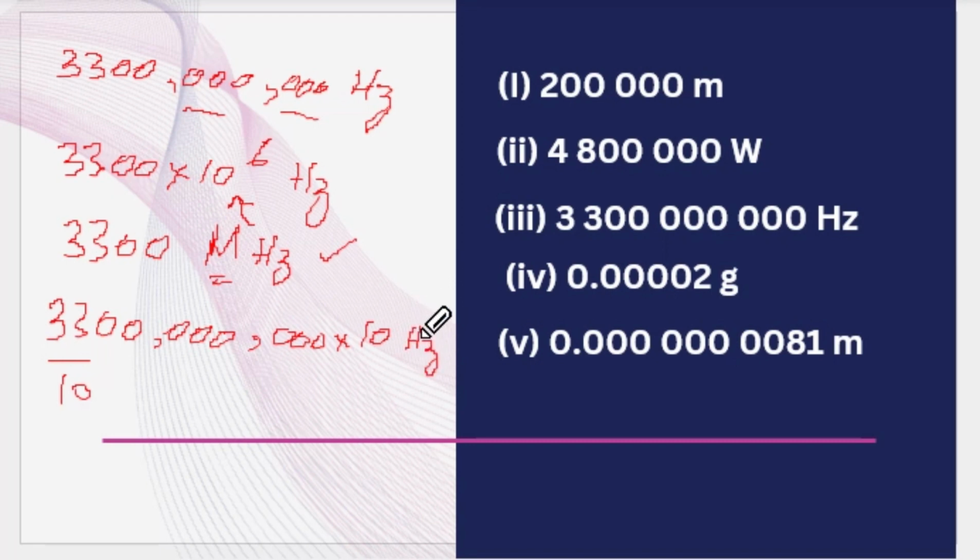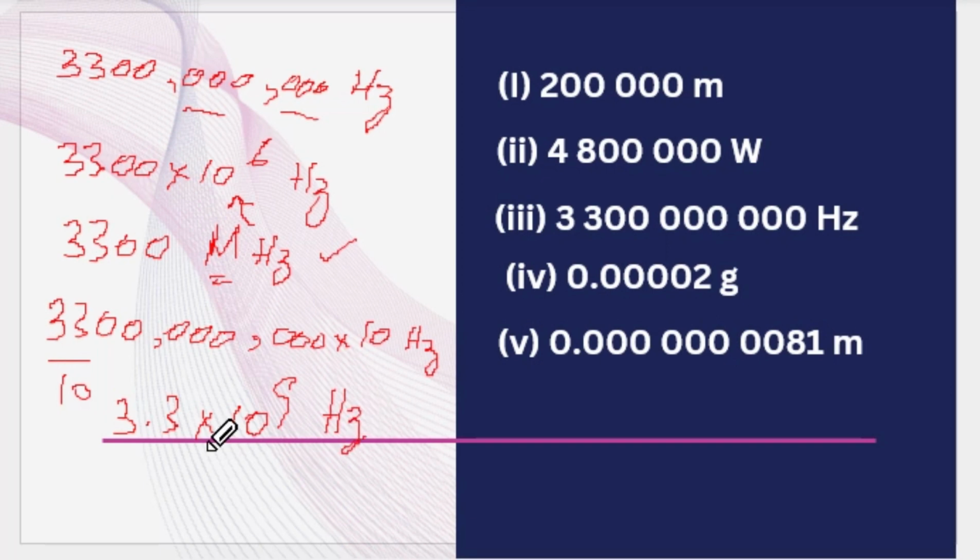And now we have 8 zeros here and 1 zero from the 10. So we can write it as 9 zeros, which can be written as 10 to the power 9. And hertz is the SI unit for it. And 10 to the power 9 is giga. So we can write it as 3.3